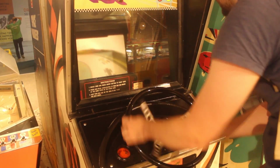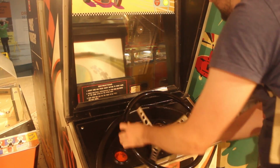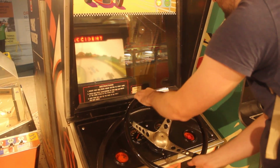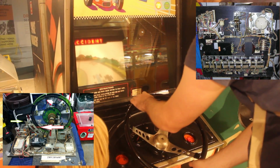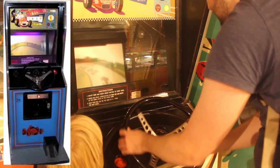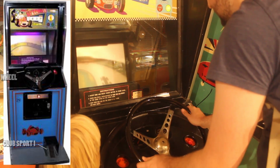Okay, it's a little bit of a stretch calling it a driving simulator, and with it being from the late 60s into the 70s, it wasn't even a video game. This is known as an electromechanical machine, so no computation going on, it's purely mechanical. But it did have a throttle pedal and it does have a steering wheel, which give you the truly authentic